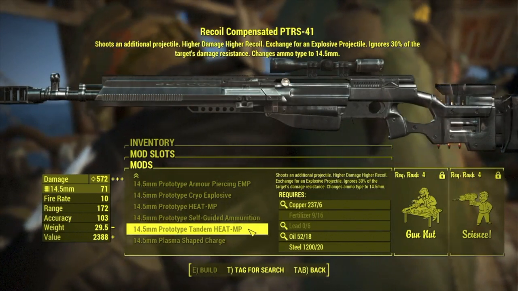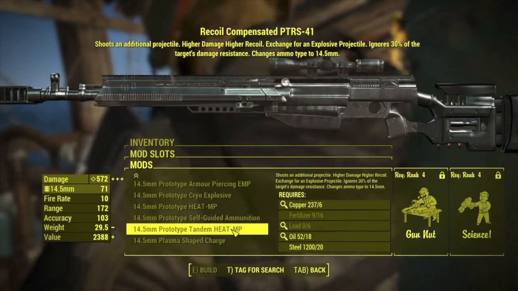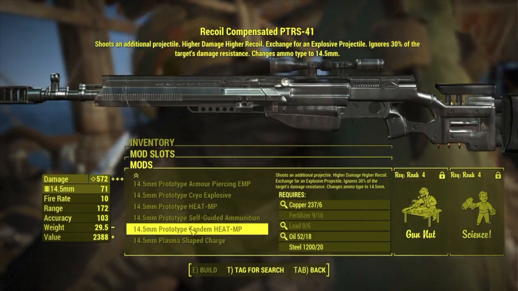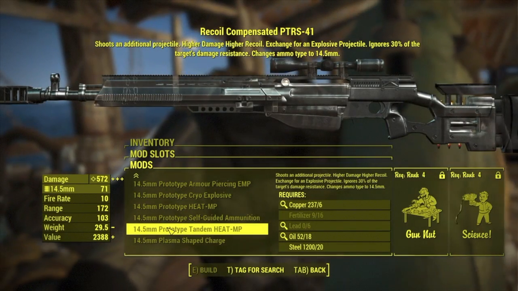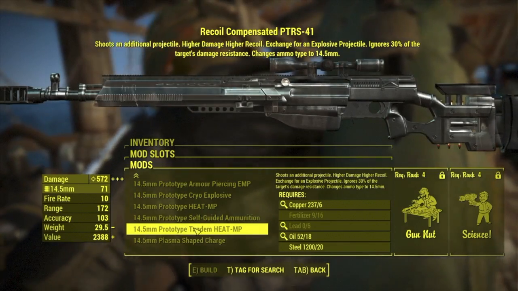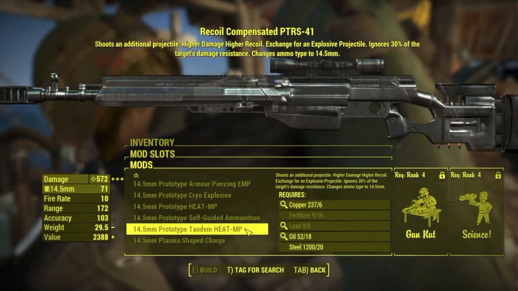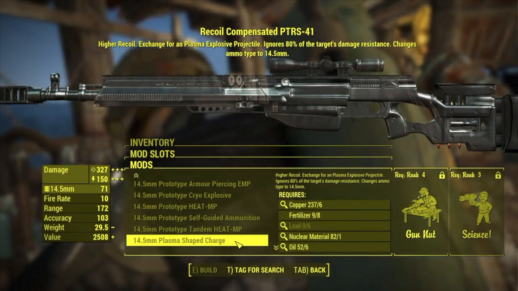And the last two, we have a tandem heat MP bullet, which actually has a damage of 572. This is nearly on par with the Fat Man. And keep in mind, this thing can be fired in fully automatic, so, you know, this gun is very well overpowered. And the last one is a plasma shape charge, which has energy damage and a little addition to ballistic